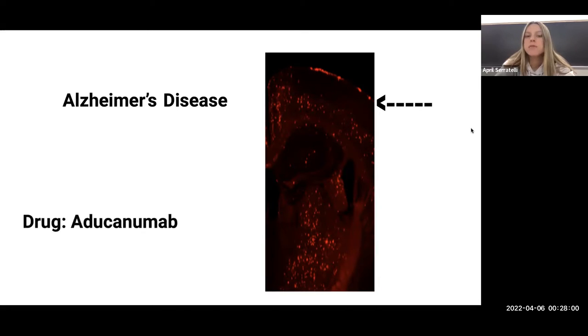As mentioned before, the FDA recently approved a drug for Alzheimer's disease. This drug is called aducanumab. However, the drug has been called into question in the scientific community in terms of the lack of effectiveness in combating the symptoms of Alzheimer's disease, along with some harsh side effects of the drug. There's ongoing research being done to try and improve the outcome of the drug, which is what this recent research